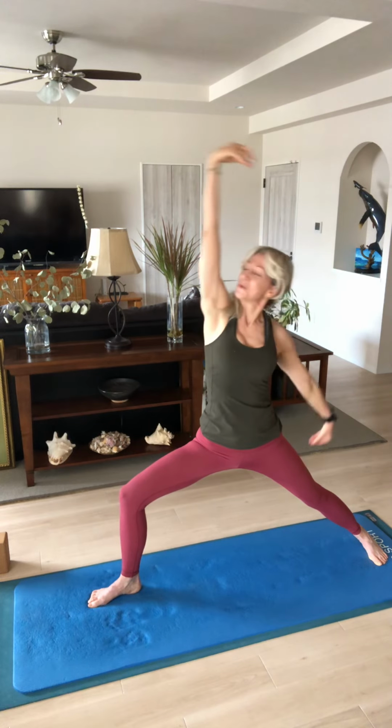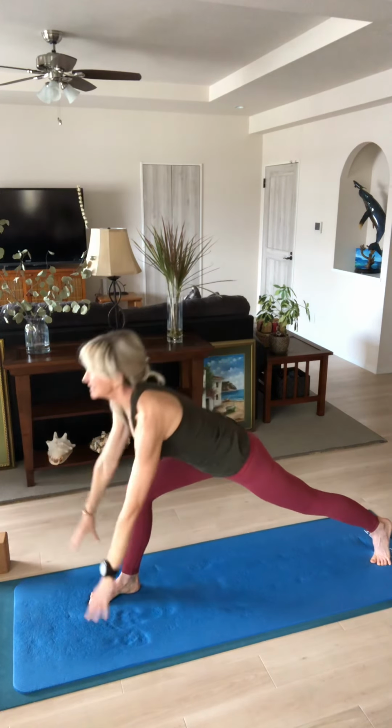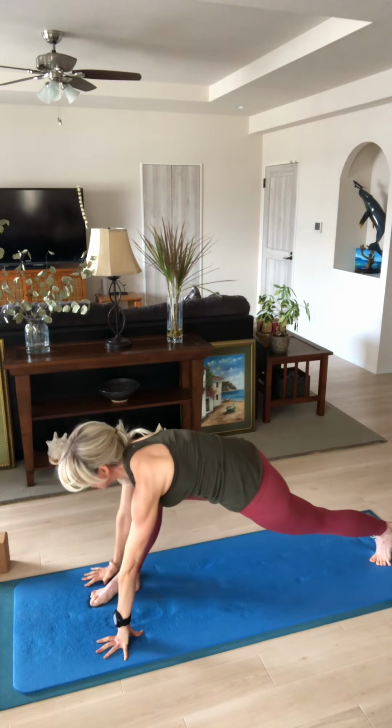We're gonna go to reverse warrior, so rotate your right palm up, reach back into reverse warrior, back to warrior two, reverse warrior, warrior two, one more time, reverse warrior, warrior two. Rotate back into your high lunge, back into your runner's pose, and from here we're going to step your right